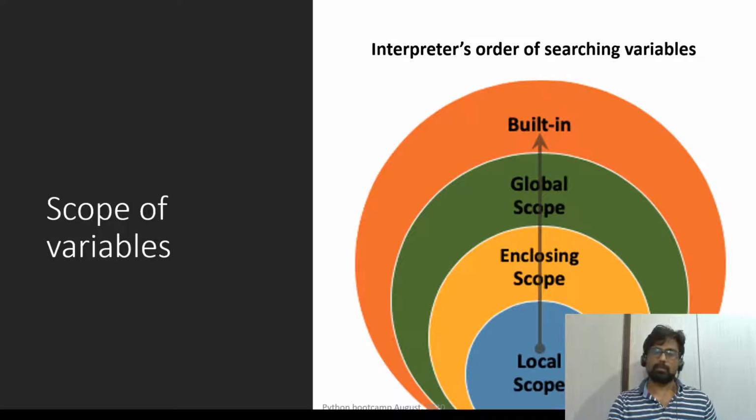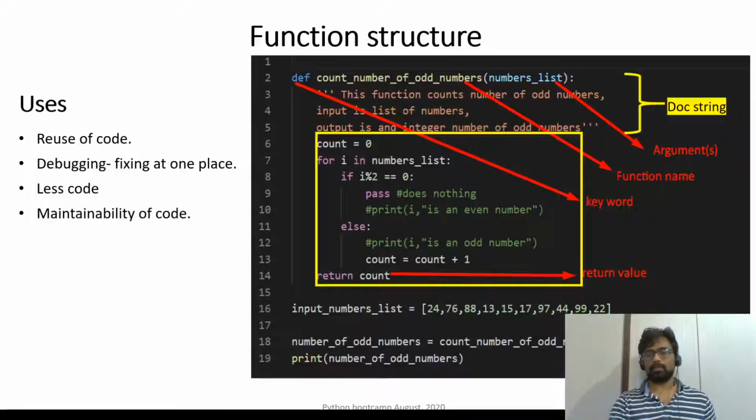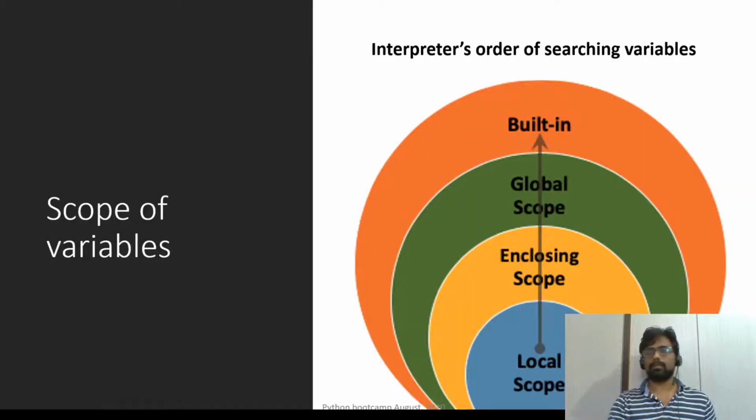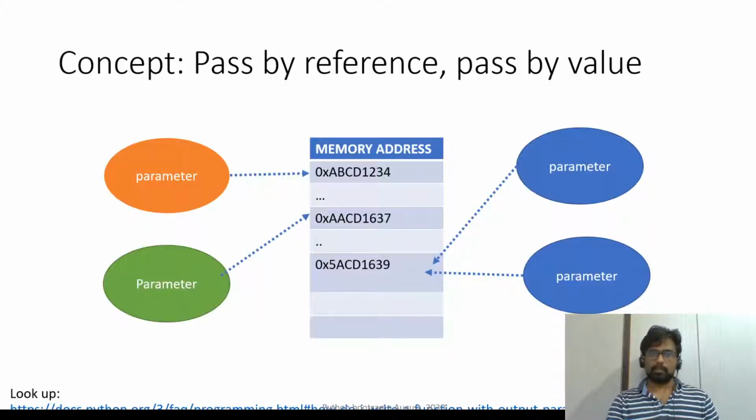And scope of variables, it looks in the function scope, that is a local scope inside the function. Here if there is a variable i, first it looks inside this block, and then it goes to the bigger block, and then it goes to the function, and then it goes to the global area, and then it finds the built-in keywords. Okay. So this is scope of variables. So a lot of questions can be asked here. The interviewer will write something like, okay, x in global space and x in function, the same exercise that we did while learning about this. Okay. So that is about it.